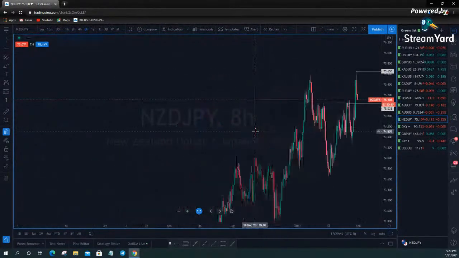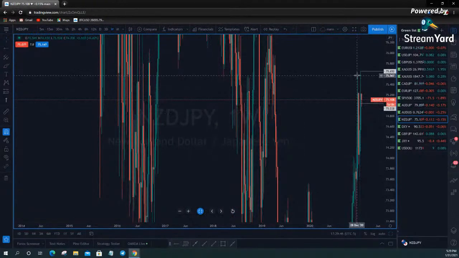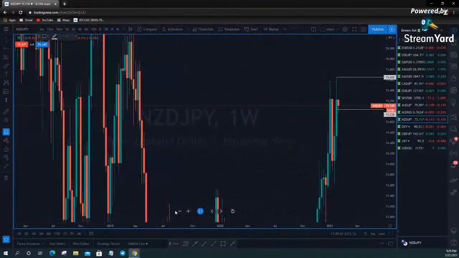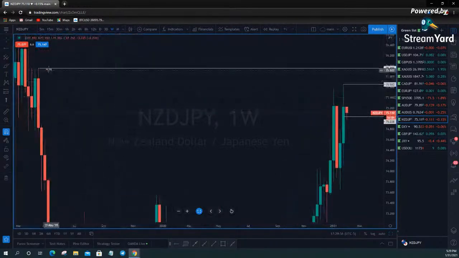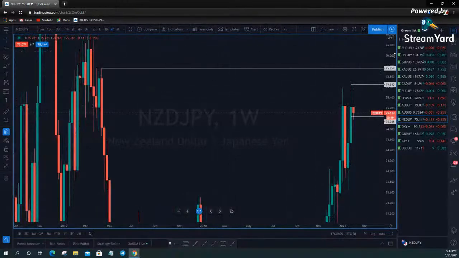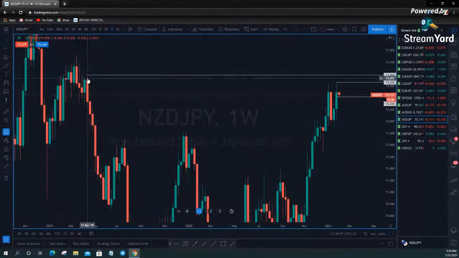And there really isn't anything on a near term. It has already taken out this high here. So your next high target to look for, this would be the first area to look for a resistance hold. But if it gets a nice bid under it, this will be the next target for the bulls, and that's 75,958, and that is a weekly market structure swing high. All right, so it looks good.